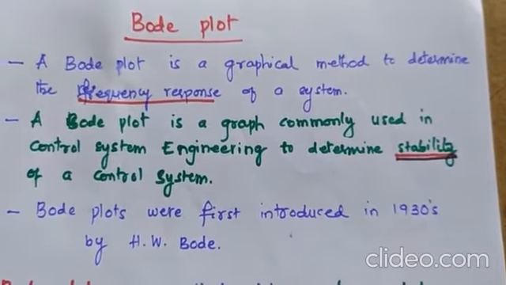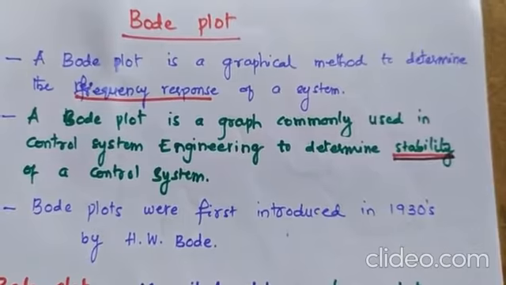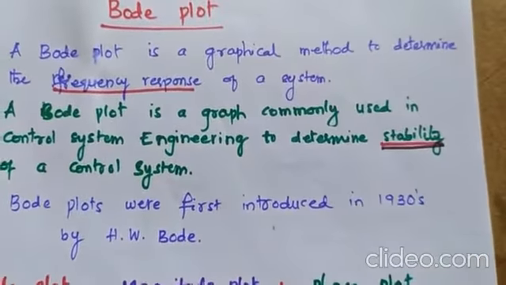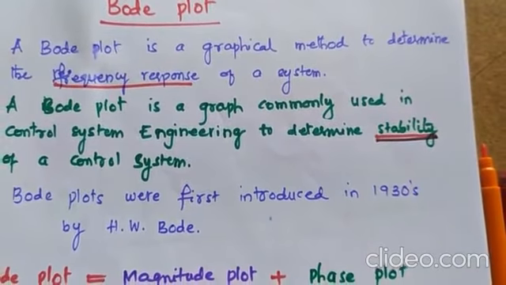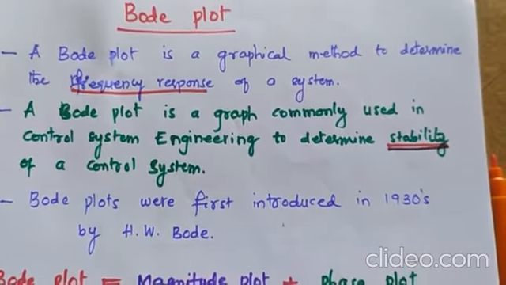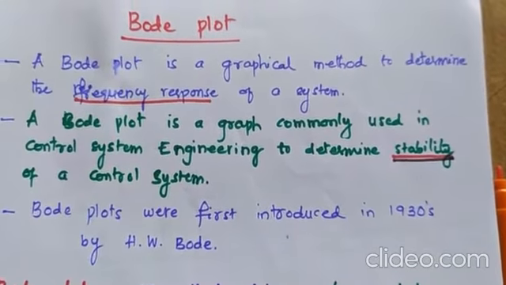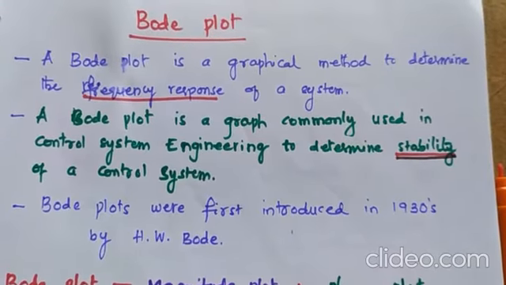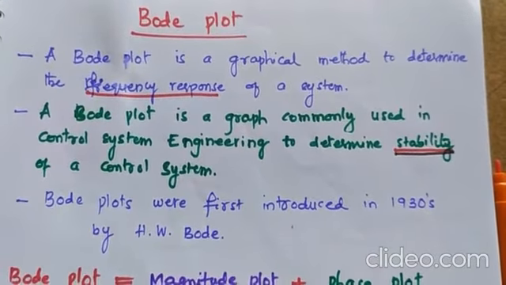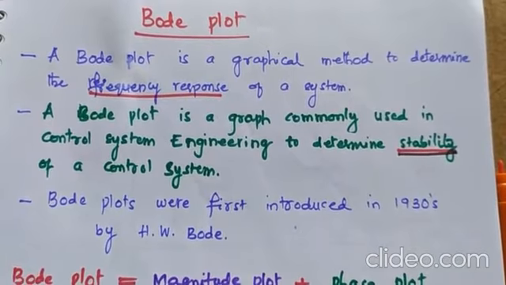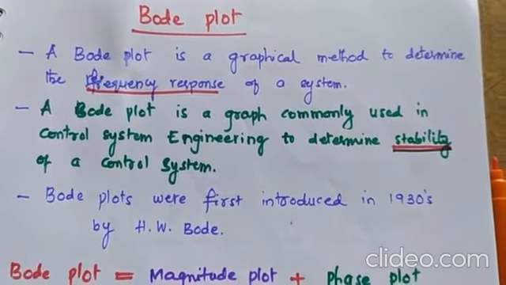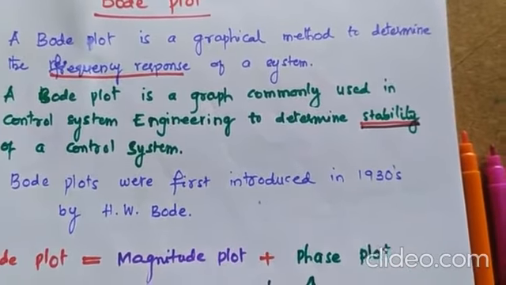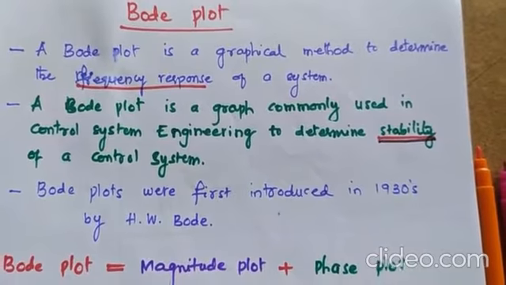In the continuation of the lecture series on control systems, today's topic is the Bode plot. We slightly mentioned in the earlier class the different techniques available to study the stability analysis of a control system, like root locus, Routh-Hurwitz criteria, polar plot, Nyquist plot, and so on. We have already covered two topics, Routh-Hurwitz criteria and root locus, and the third method is the Bode plot.